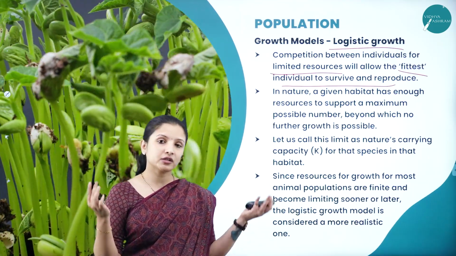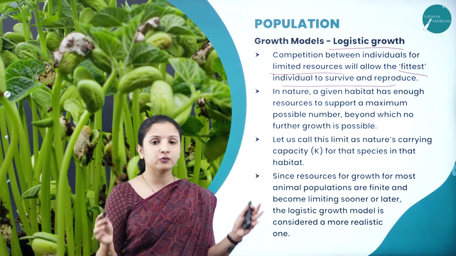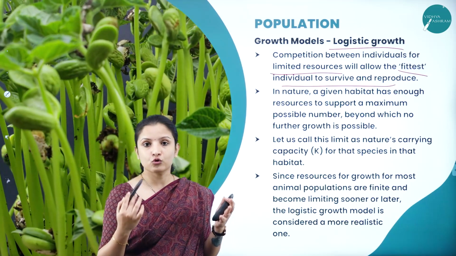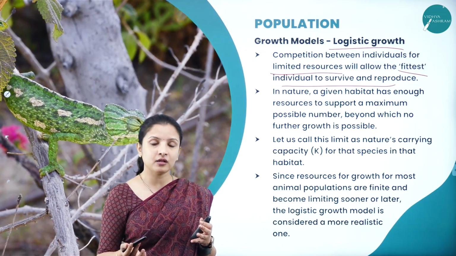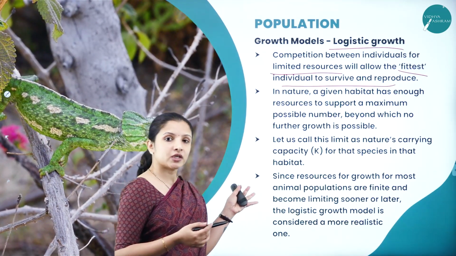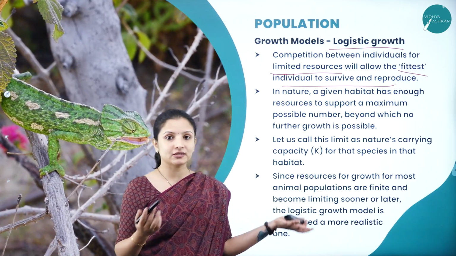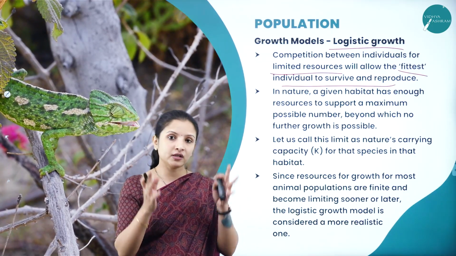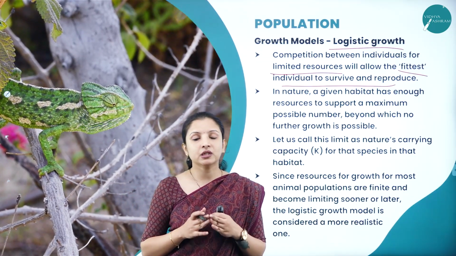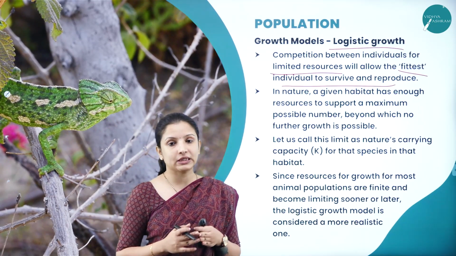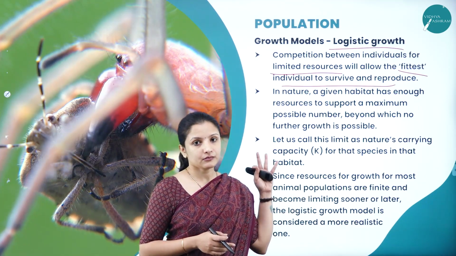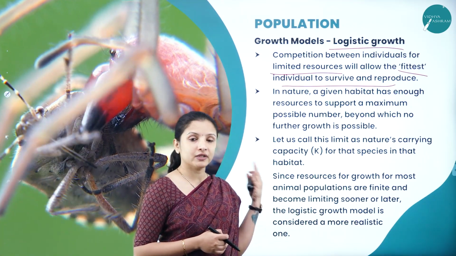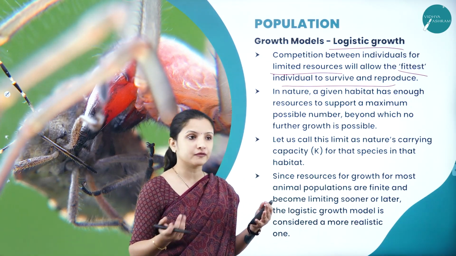So in a population, it is not necessary that all the people will get to eat every day. There are few people for whom it is very difficult to afford a meal even a day, right? If such individuals are more in a population, the population will decline. And also with the limited resources that are available, there will be a lot of competition between the individuals, therefore leading to death, and only those who are capable of surviving will survive and will contribute to the growth of the